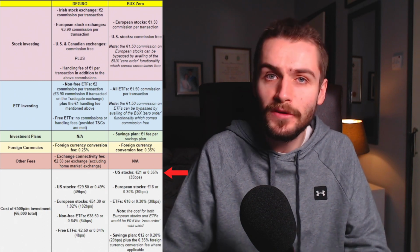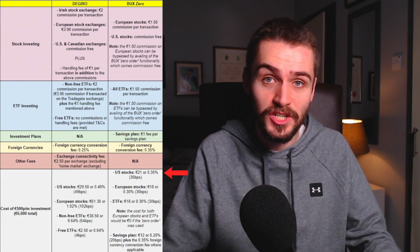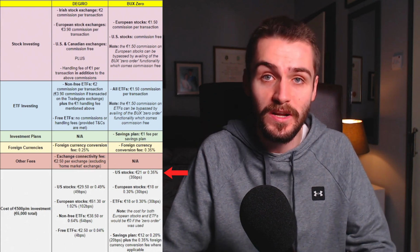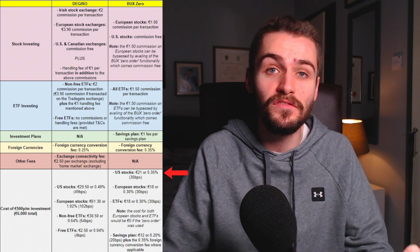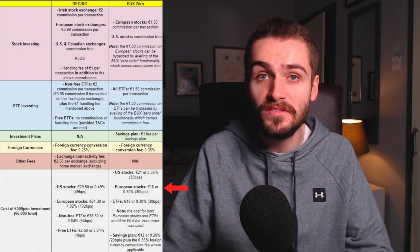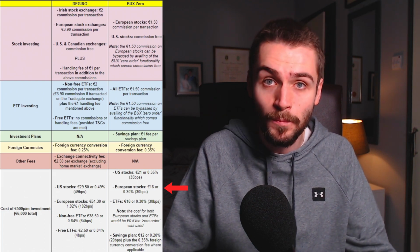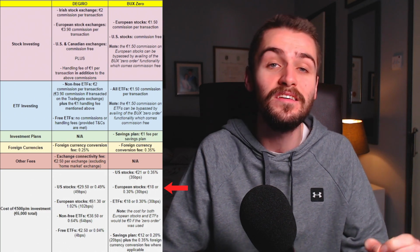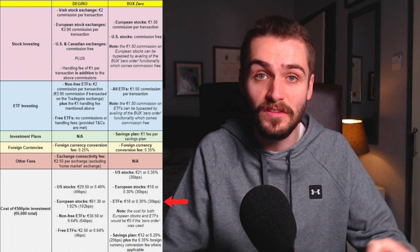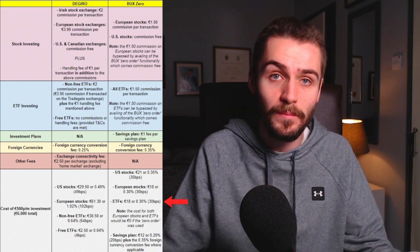BUX estimates that if you were to invest €500 every month for a year into US stocks, which again would be a total investment of €6,000, the total cost will be €21. That represents fees of 0.35% or 35 basis points. For European stocks, it will be €18 or 0.3%, i.e. 30 basis points, or €0 with the zero order functionality. For ETFs, the fee with the zero order will be €0, and without it, it will be €18 or 0.3%,